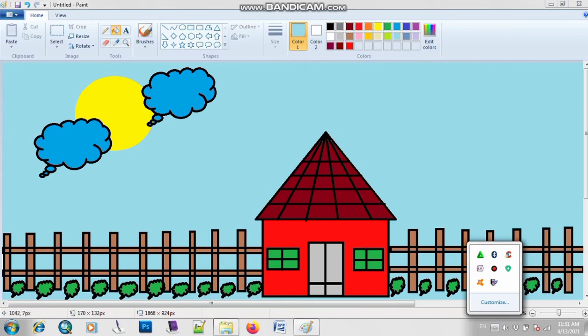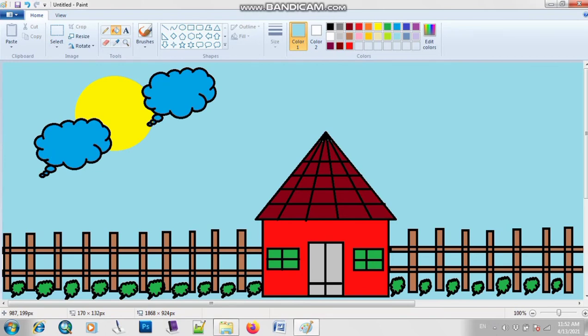Okay, so what is the use of fill with color tool? As you can see, we use this kind of shape. As you can see on the screen, this is like a paint bucket. So what is the use of this tool? Hadia, can you tell me? Right, this tool is basically used if you want to fill the picture with color. अगर आपने अपने किसी भी पिक्चर में शेप में कलर करना है, then you can use this tool. Is it clear? So if you want to do coloring inside your picture, then you can use this tool.